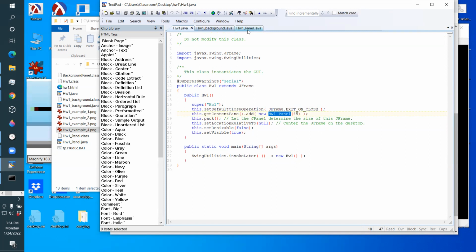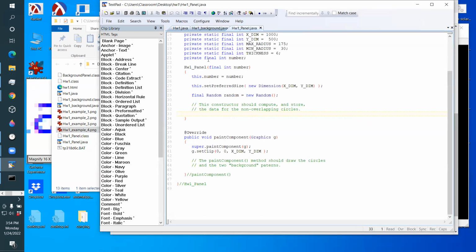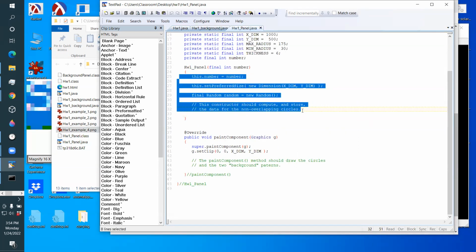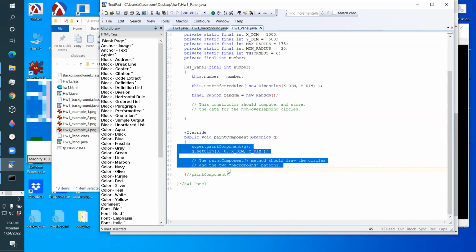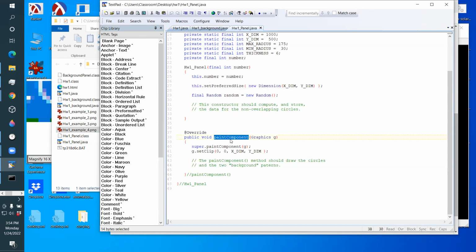Okay, then this is the code for painting the panel. Well, for initializing the panel in the constructor, then painting the panel in the paint component method. Okay, and this is how we do graphics in Java. Yeah, if a program